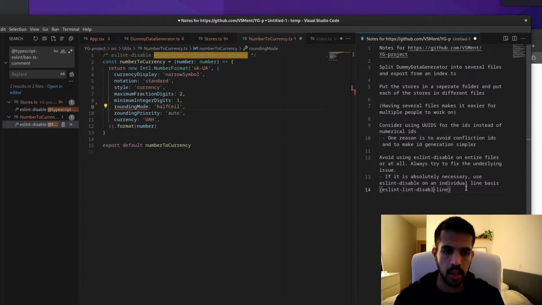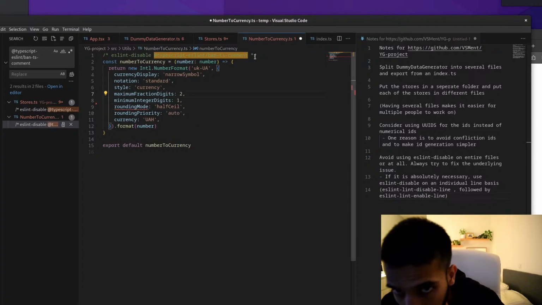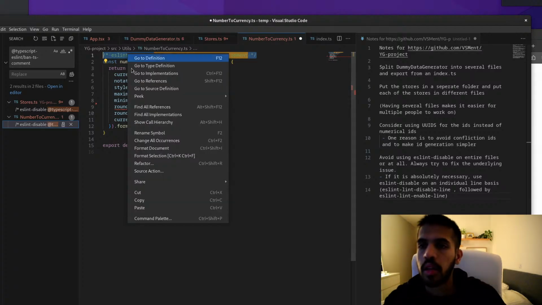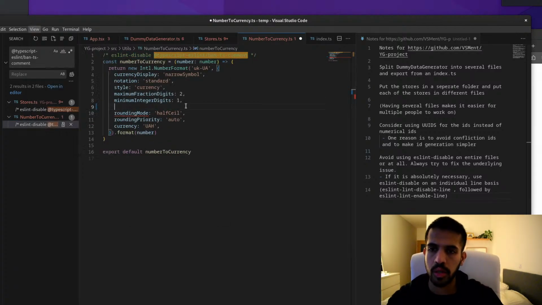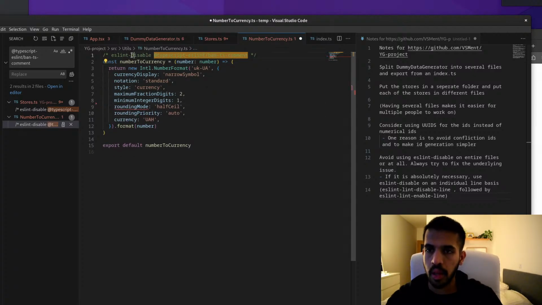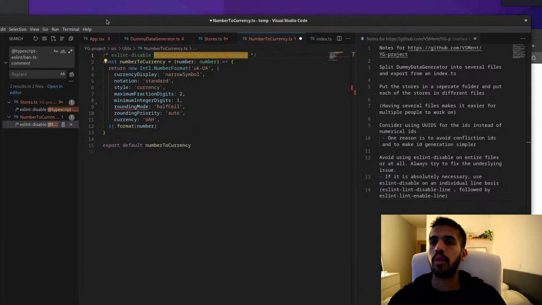Eslint disable line, followed by eslint enable line. Let's actually try that out. I've forgotten how the individual line markers are. Oh god. Another fun thing is that I'm running this stream on a Linux machine.